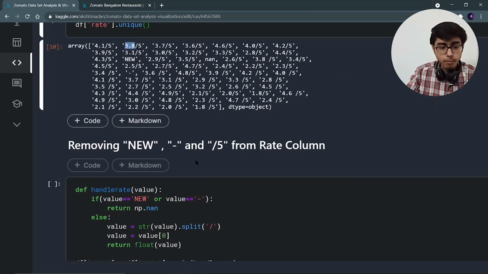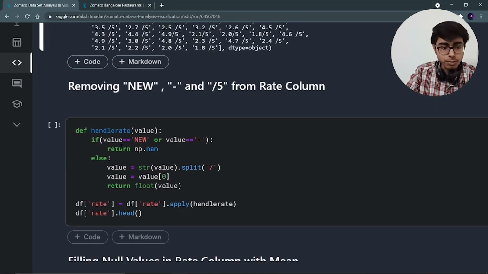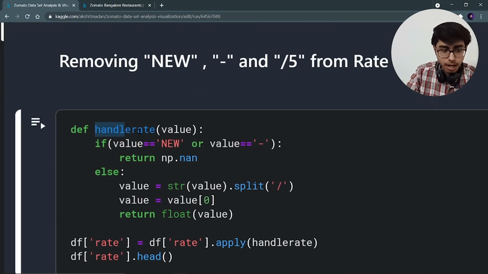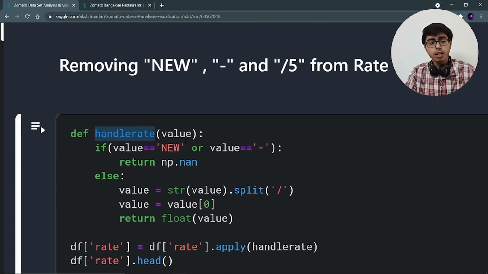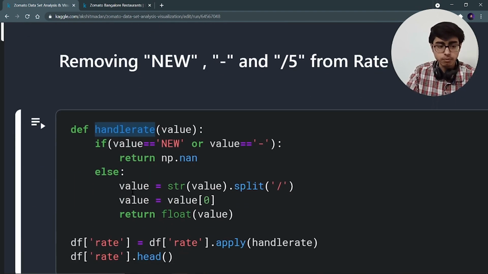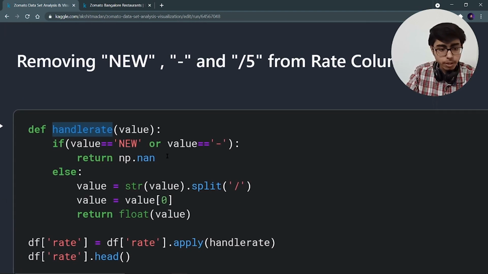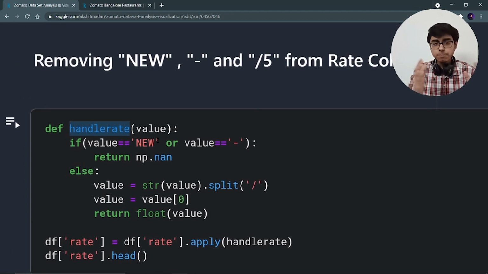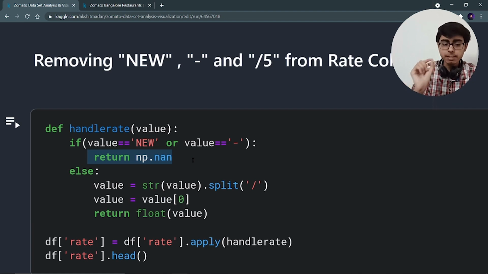So for that, I'm going to create a function named handle_rate, right? So I have to handle this rate column from this function. This function is going to take a value. If this value is equal to "NEW", or it is equal to this dash, then I have to return np.nan. That means I want to replace that new and dash with a null value, because there are various methods to handle the null values.